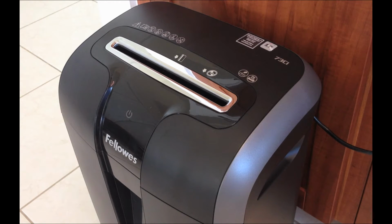You can put up to 12 sheets of paper in the shredder at one time, and if you put too many, it's going to spit those sheets back out at you. So it won't jam, it's just going to say, oops, you're putting too many sheets in at once. And there's also a sensor on the front of the shredder that will tell you if you're getting towards that capacity of sheets. The shredder features SafeSense technology, which we'll look at,